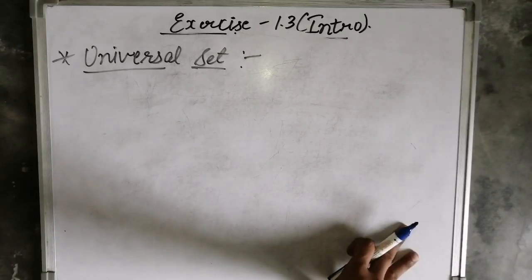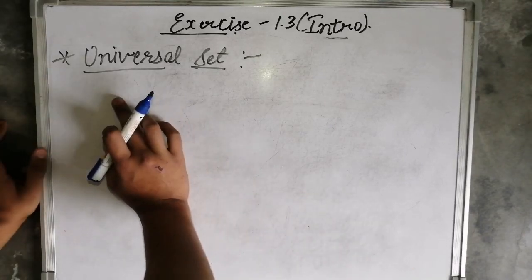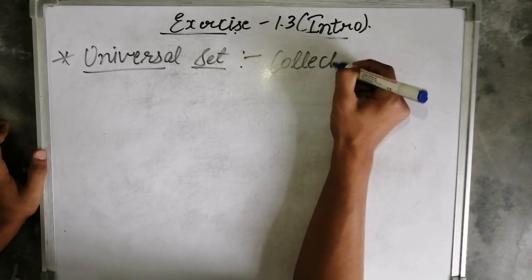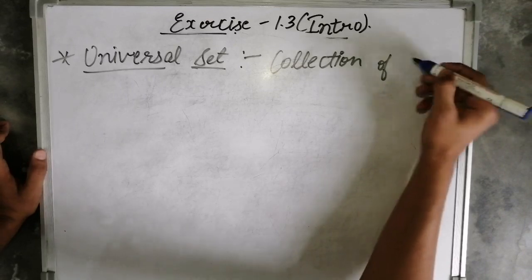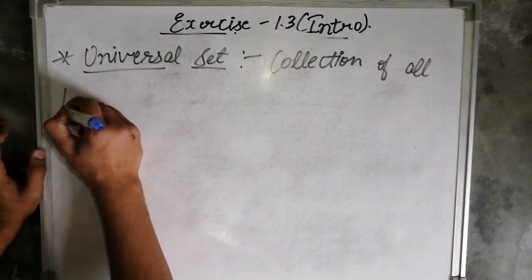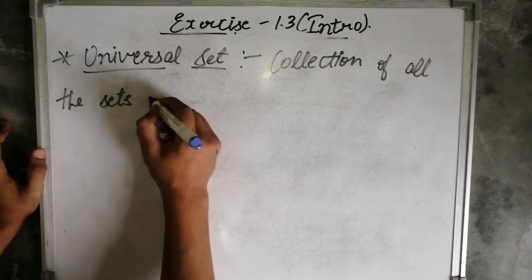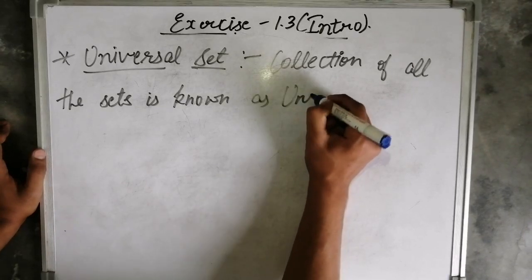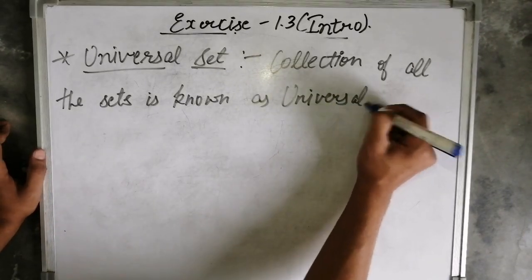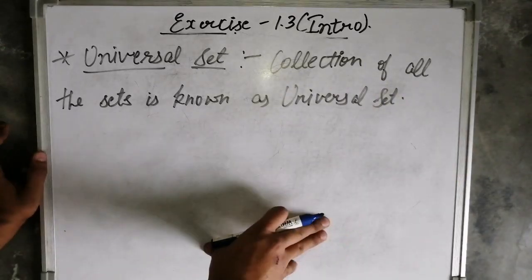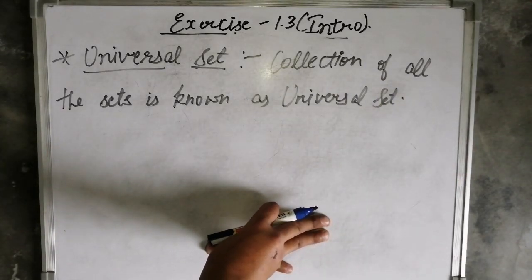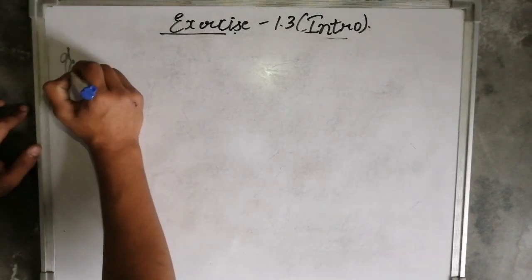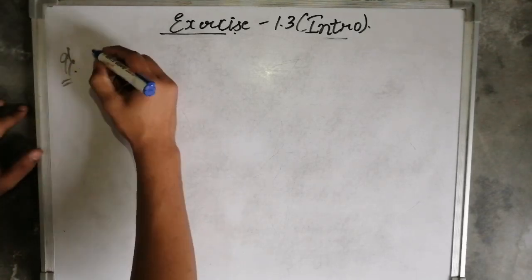Now let's come to the topic. Universal set means the collection of all the sets. The collection of all the sets is known as the universal set. Okay, that's it. Now let's talk about examples. Students, let's talk about example 9. Consider the sets